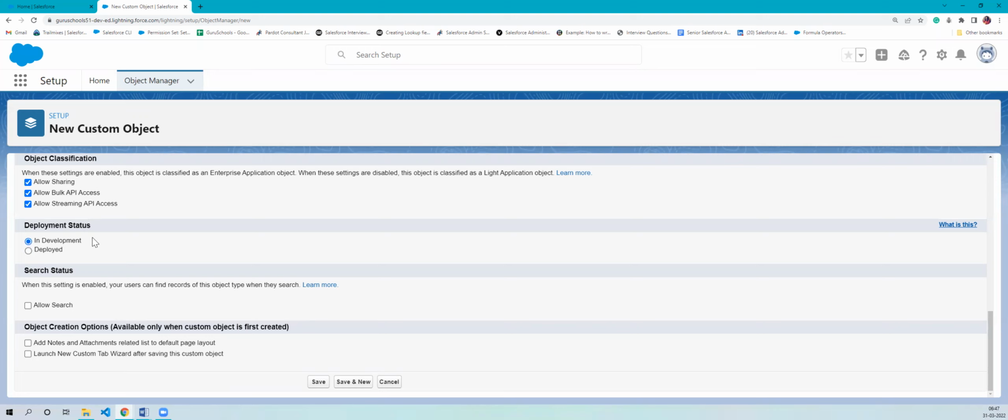We are going to see what a profile is and how to give the access in later sessions. But as of now, you just have to focus on this: even if we do not select the In Development status, and we have selected the Deployed status, it won't have any impact on the user. Okay, now